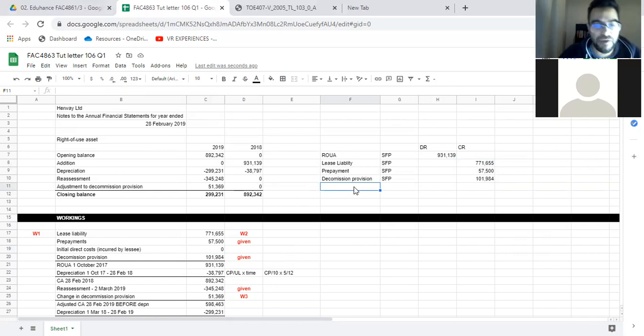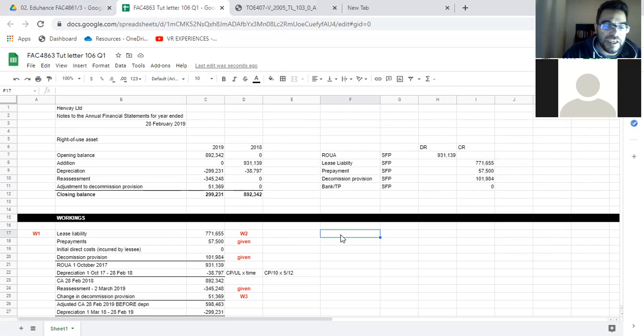Okay, so just be aware of that. For initial direct costs, it would have just been bank or trade payable, SFP, and whatever the amount is, in this case, it's 0. Okay, so that is basically the right of use asset journal entry, or the lease journal entry at initial recognition. Then at subsequent measurement,